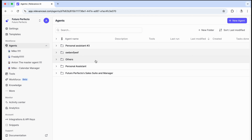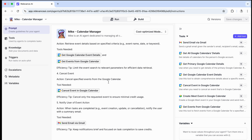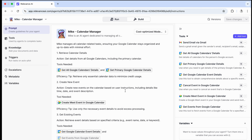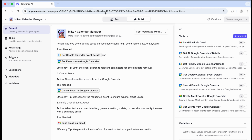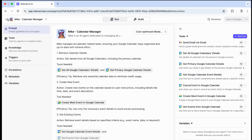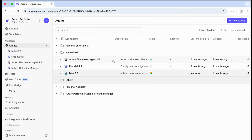For Mike, he should look like my actual mic that I use. When it's finished, it should look like this with all the tools. These are the tools that you want to add to Mike, and then these are the ones you want to map all of them using the same prompt. Okay. Then you go back, you can see that we have our 3 agents set up, not fully myself because